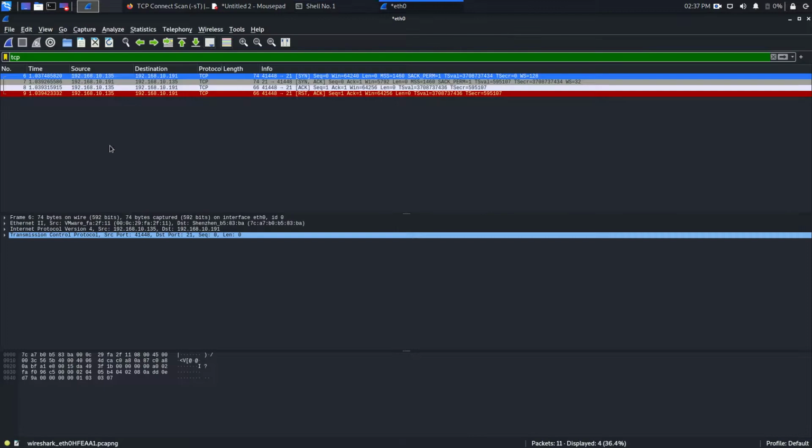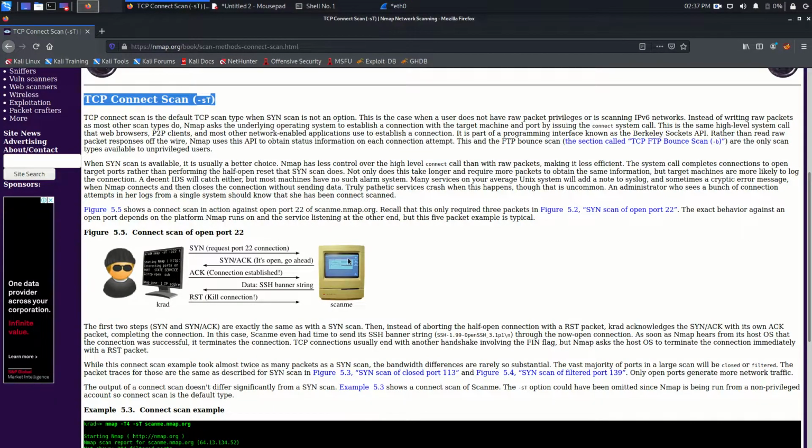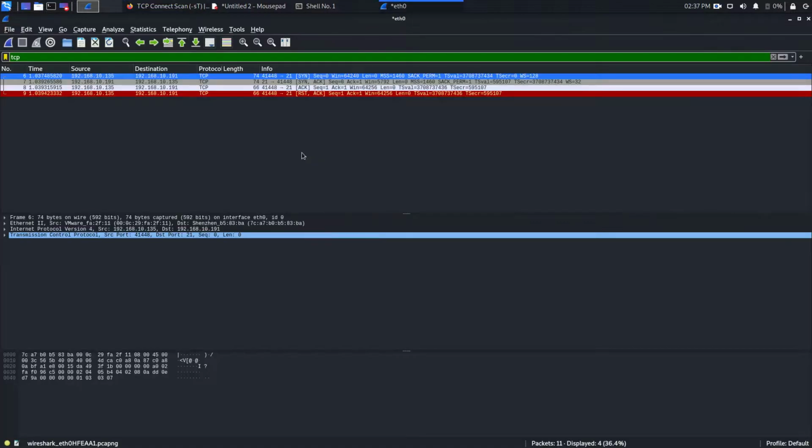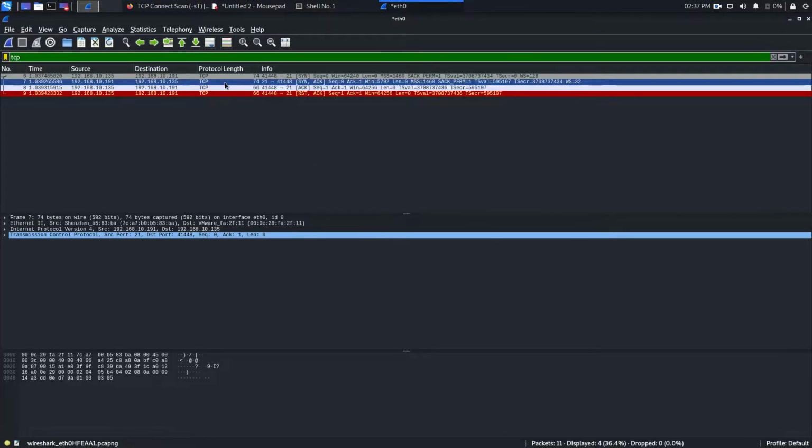So my system sent a packet to the destination with the SYN flag. Then the remote device sees, okay, I got a SYN packet, so someone is trying to synchronize. So this time the source is the target machine, and the destination is my machine.